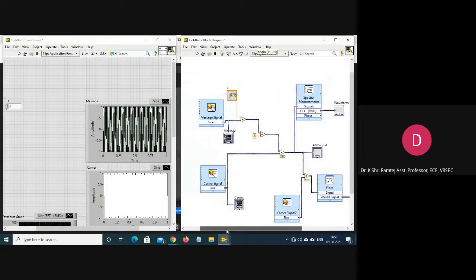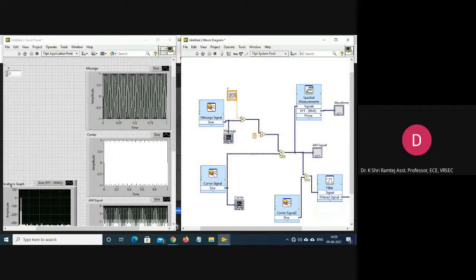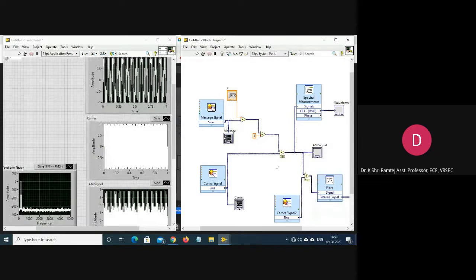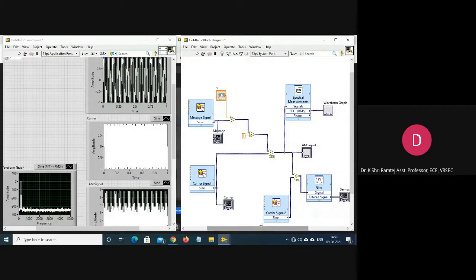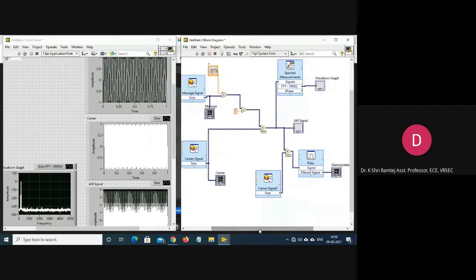By simply using the modulation equation, we have generated the AM signal, and by using this spectral measurements block, we can observe the frequency spectrum. And for demodulation, we have used coherent detection. That means the modulated signal is being multiplied by the locally generated carrier, and by using a low pass filter, we have